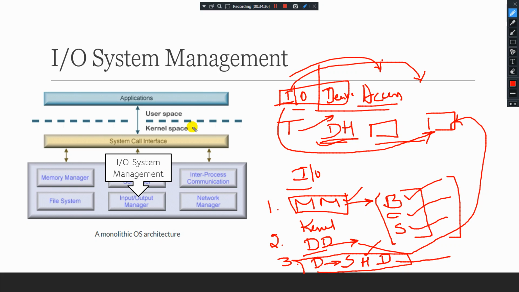Next is interprocess communication, and next is network management. These things come under the network, where your IP address comes into the picture, where your IPv4, IPv6 communication protocols come into the picture. We'll be studying this in the later